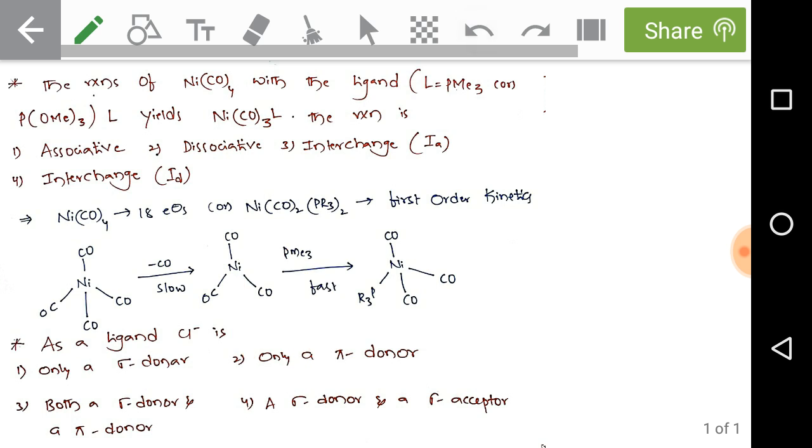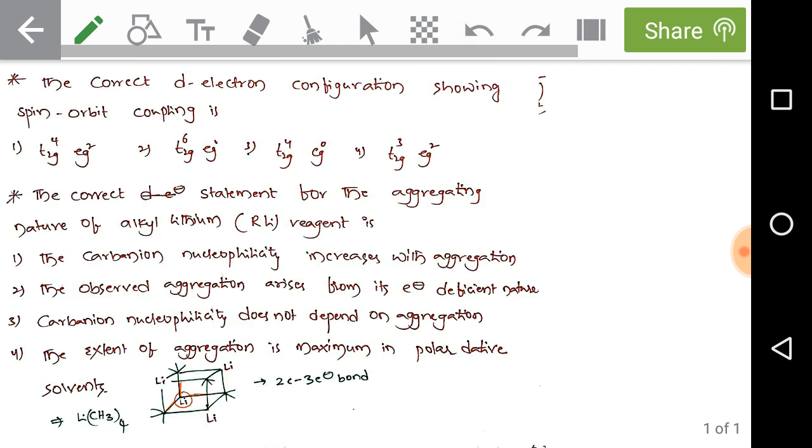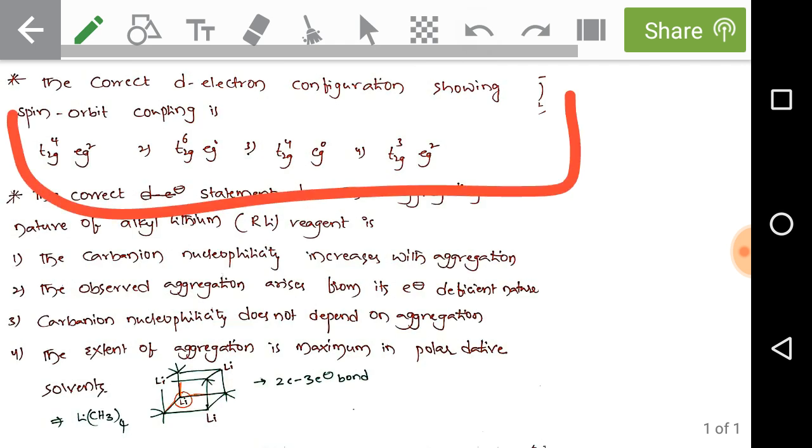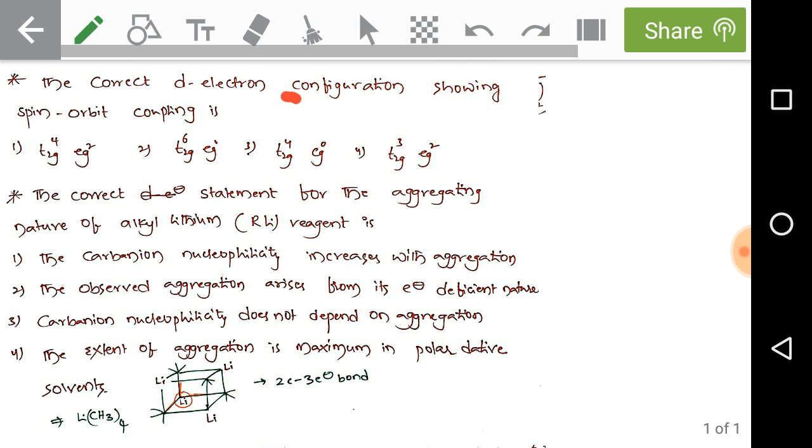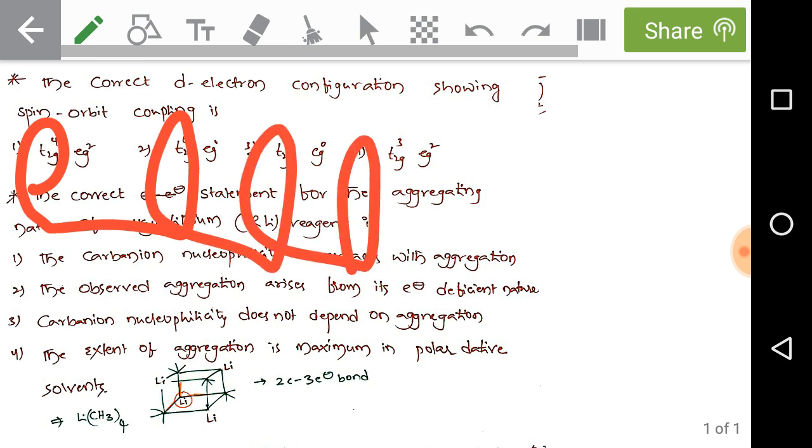Okay, so simply a dissociative type of mechanism is observed in this reaction. Okay, next one, as a ligand Cl minus is simply a sigma donor and a pi donor. Okay, third option is the correct answer for it. The correct d electronic configuration showing spin orbit coupling is, okay, so if T2g is unsymmetrically filled, then